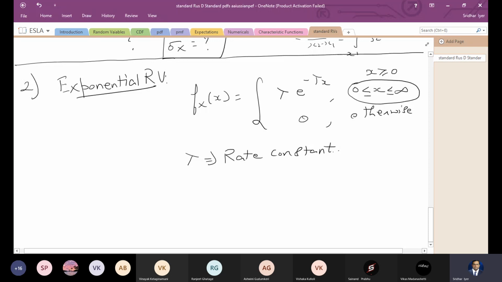Rate constant. This kind of random variable is very much used for stock markets. It tells at what rate the stocks are increasing or decreasing. So let us first find the CDF of this random variable. We can also find the mean and the variance like we did for the uniform random variable. So to find the CDF,